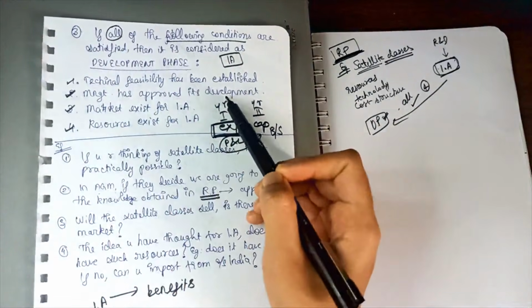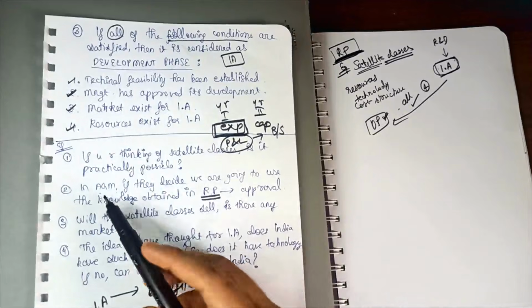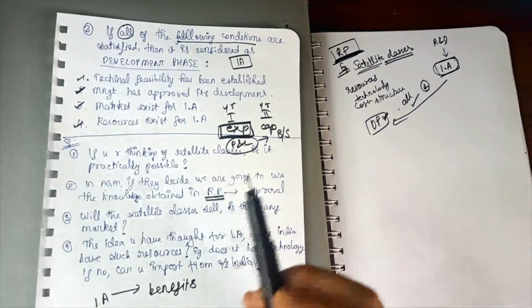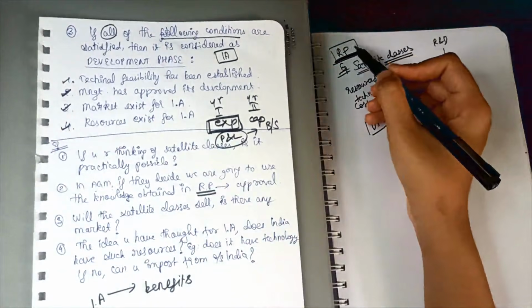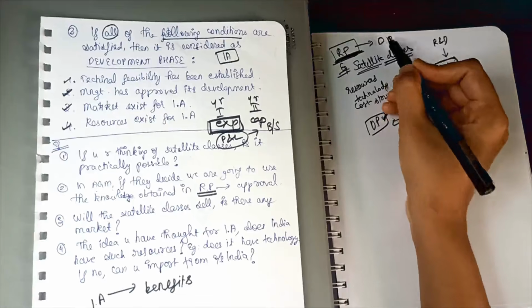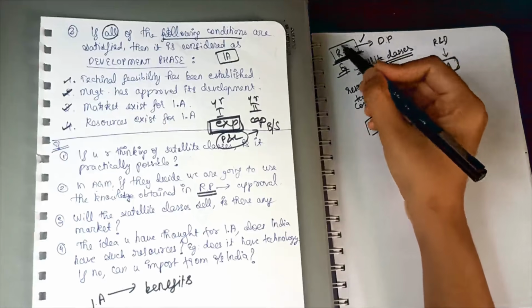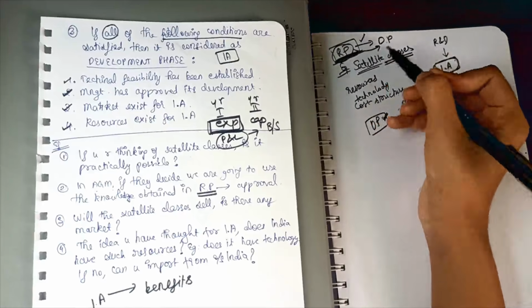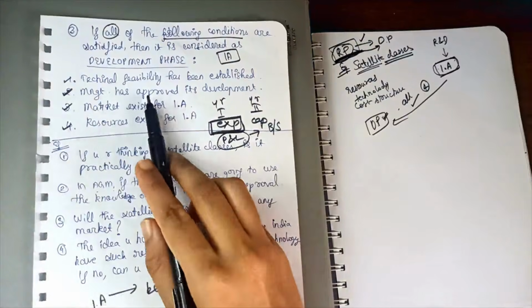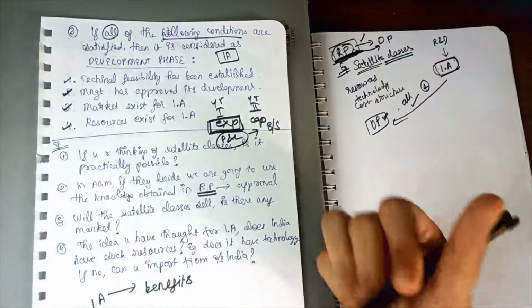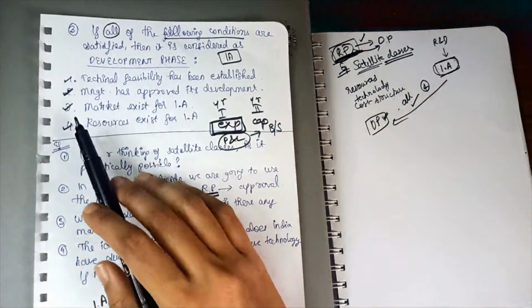Management has approved its development. That means in the AGM, the management has decided that you are going to use the knowledge which you have obtained in the research phase in the development phase. If they have approved, whatever knowledge you have developed in the research phase, you can use it in the development phase. Then once you get the approval from the management, you can consider it as a yes. Okay. Third one,